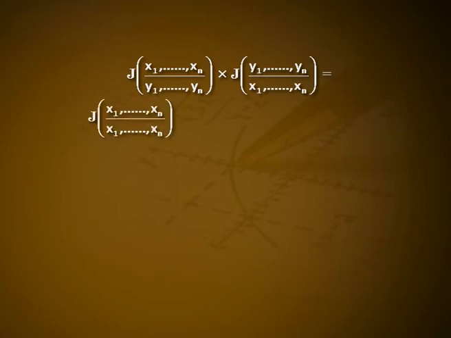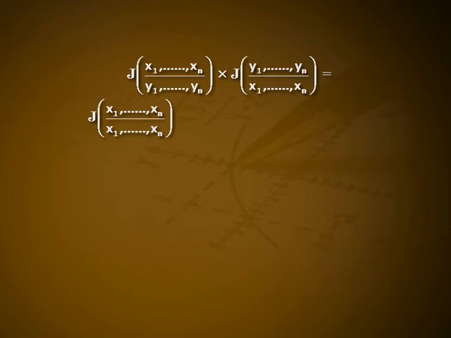Proof. By the property of partial differentiation, ∂xr/∂xs equals 0 if r is not equal to s, and 1 if r is equal to s. Then from the previous theorem it follows that capital J of x1, etc. xn over y1, etc. yn times J of y1, etc. yn over x1, etc. xn